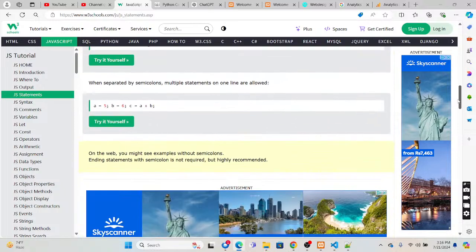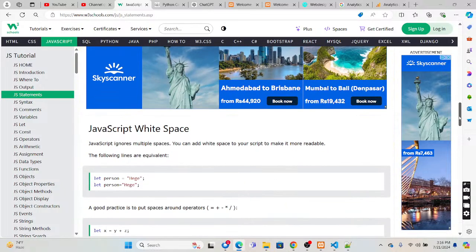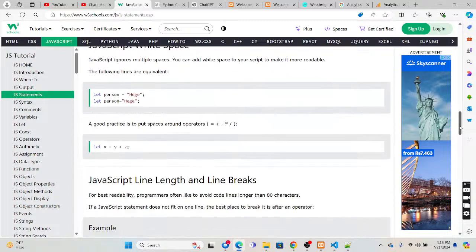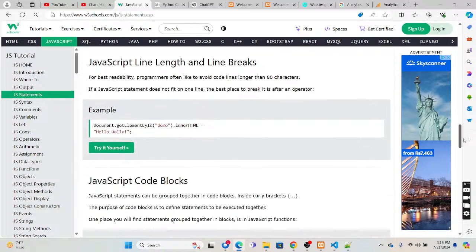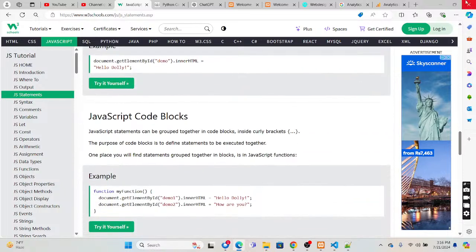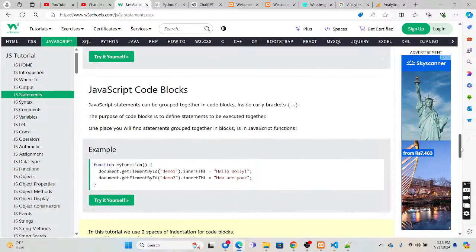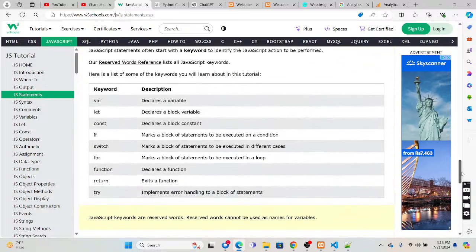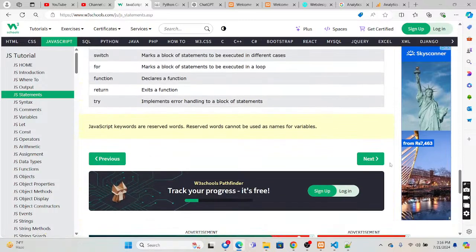Add a semicolon at the end. Multiple white spaces don't have any problem, it will ignore and consider them as a single one. So there are keywords: var for declaring a variable, let for declaring a block variable, const for a constant, if statement, switch, for, function, return, try. We will discuss these things in subsequent chapters.